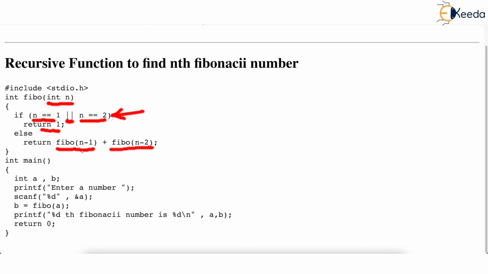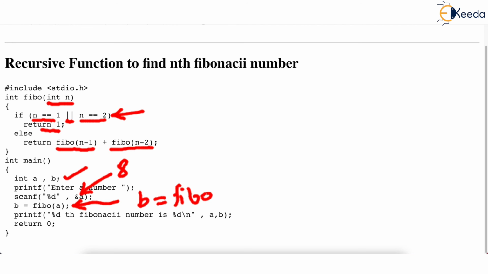This formalization we just now wrote, that the nth Fibonacci is equal to the n minus 1th Fibonacci plus the n minus second Fibonacci. Main is not at all extraordinary. We have two variables a and b. Ask the user to enter a. Let's say I enter a as 8. And then I am calling the function saying b should become equal to Fibo a.